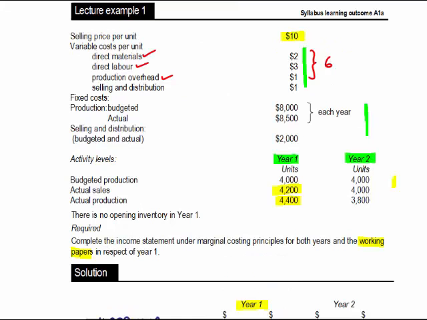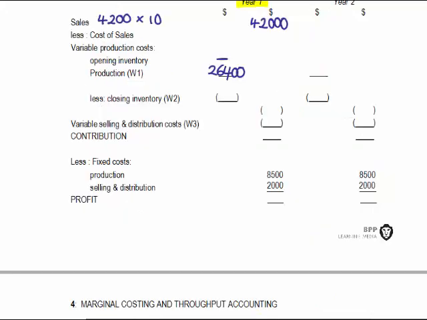Notice that we didn't include the selling and distribution cost there because that is not a production cost. So the valuation of inventory, we're only looking for our production variable costs. So that gives us a total cost of sales